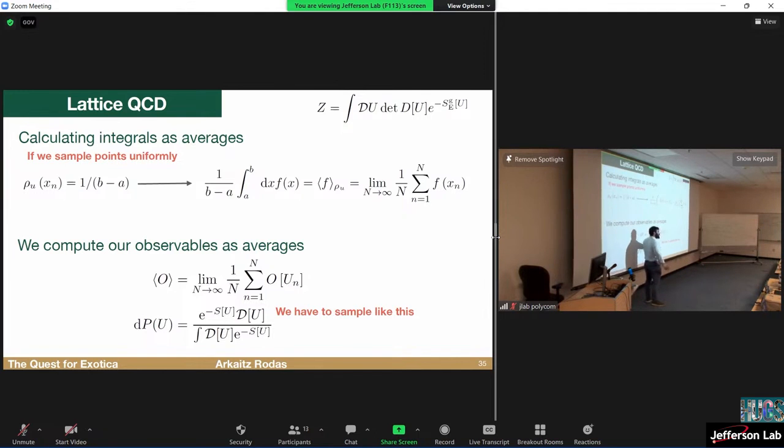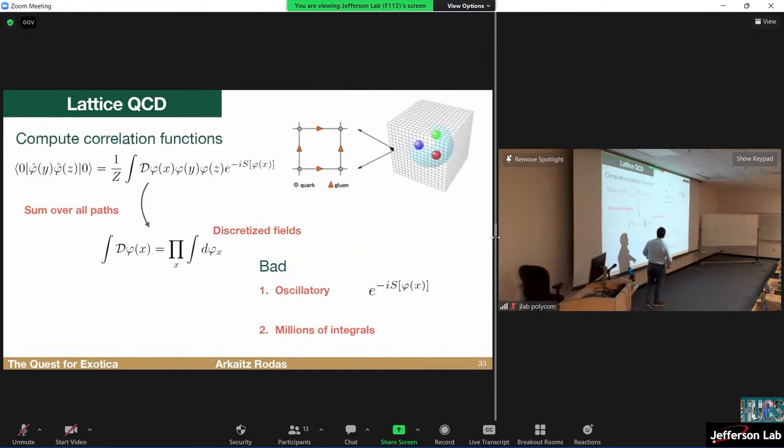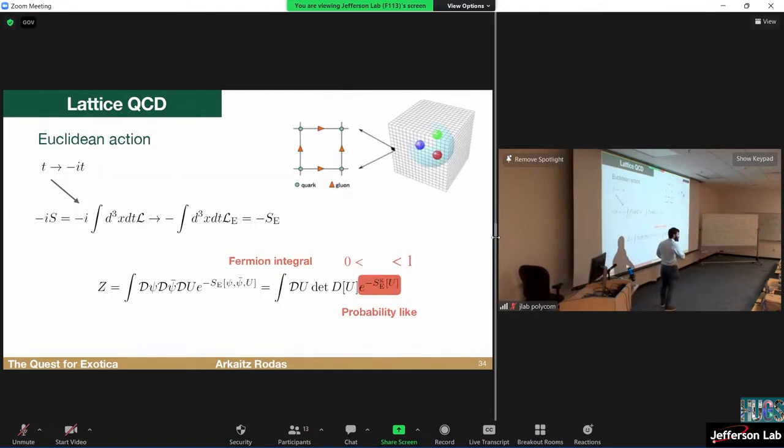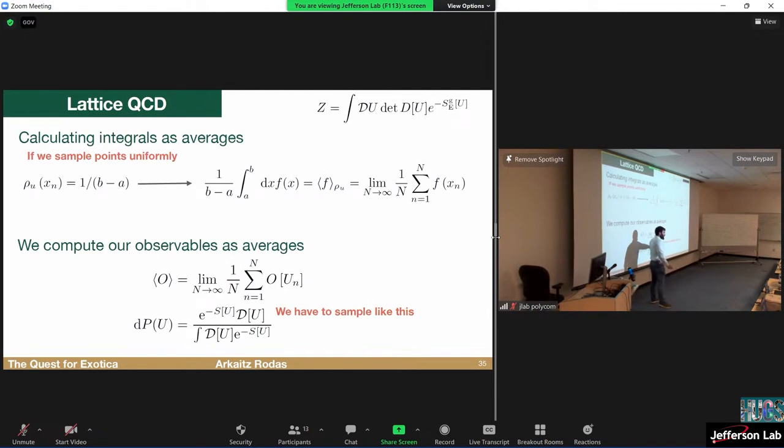Now the problem is on you to produce an algorithm that calculates on every gluon link, so on every one of these values for the links, distributed according to this distribution. So that is on you to do, and we are not going to go that way. There are tons of algorithms, some better than others. They usually take lots of time, but at the end of the day, you can get something. And indeed, you have some uncertainty associated to that. So Lattice QCD doesn't give you a value. It gives you a value with a measured error, hoping to estimate all these errors properly.